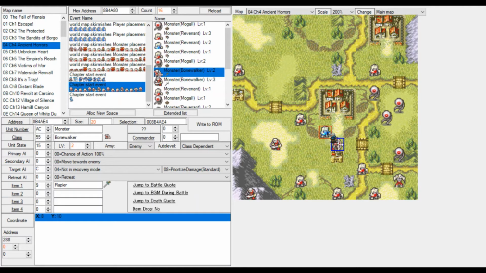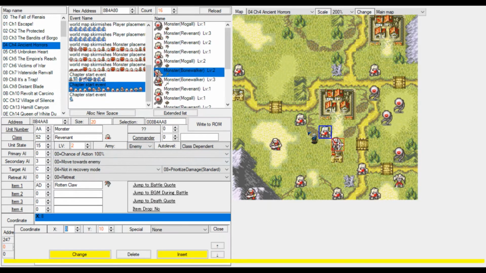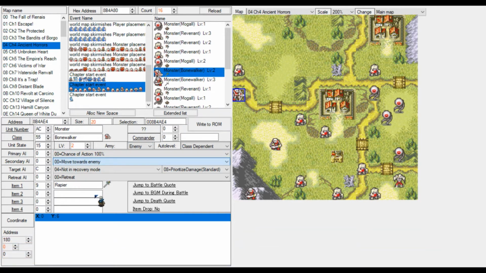Most brigands in the early game make use of the first option to prioritize an enemy, and the pirates in, for an example, Chapter 9 Distant Blade, those pirates that come from the top, they will prioritize the village over the player units. So there is that. That's something you need to keep in mind when designing brigands. So we have, if possible, to attack into. This is also like speaking for itself.